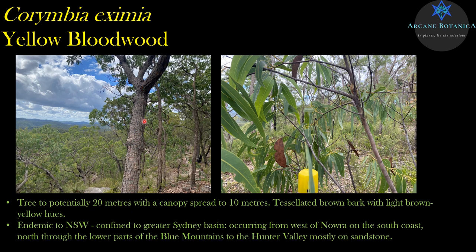Again, it's got the full fibrous bark like gummifera, but it tends to have these light brown yellowish tones, and I think that's why it gets called yellow bloodwood. So just look for that. I should have said earlier, I believe they're called bloodwoods because of the red resin or the red gum that they exude from the timber at times.